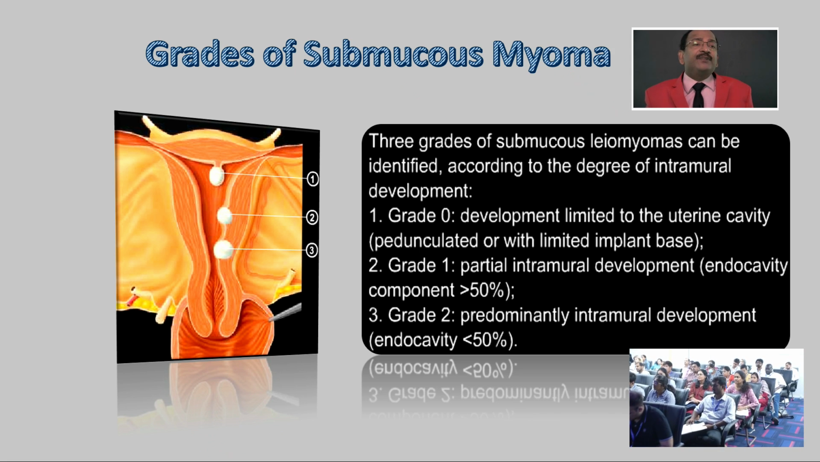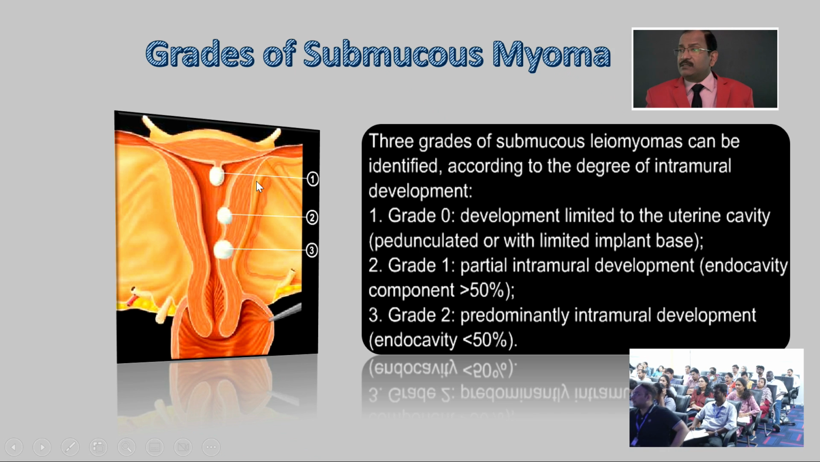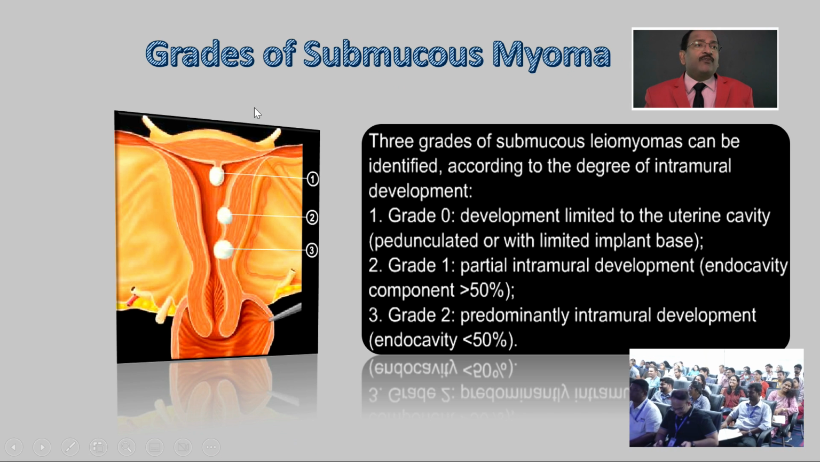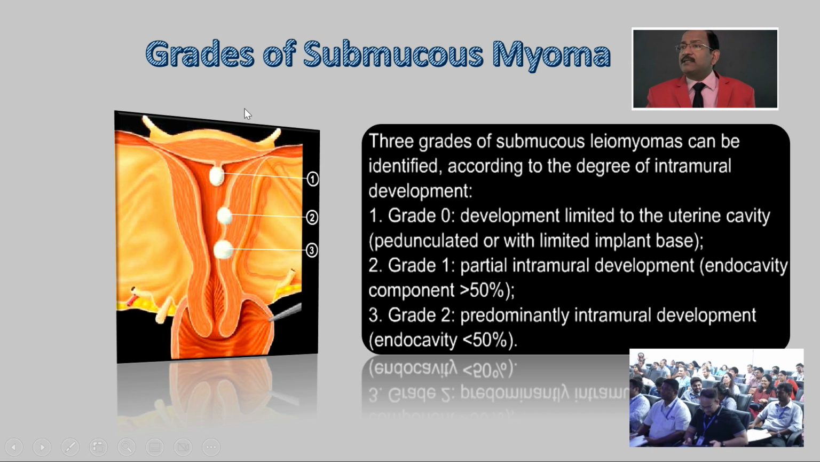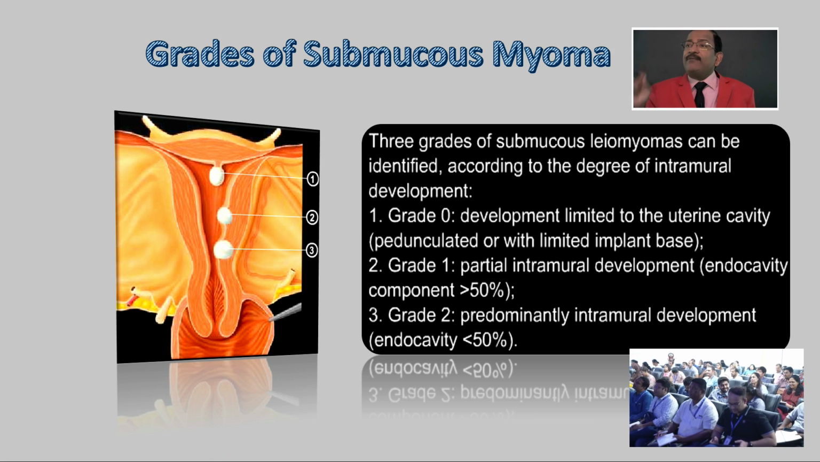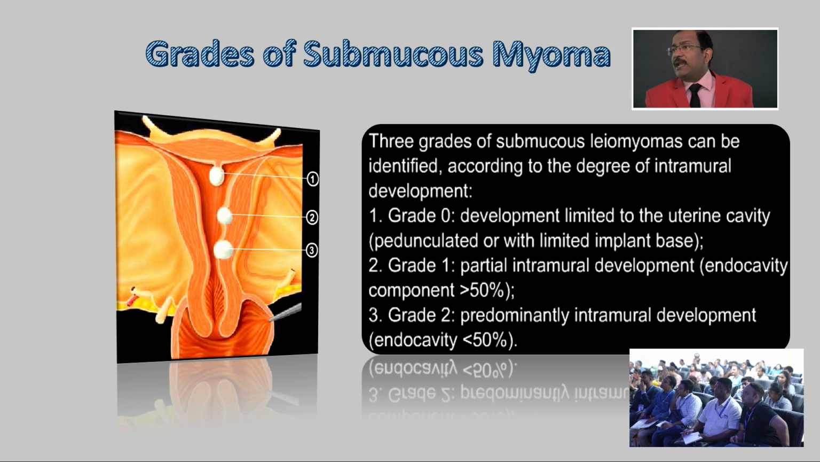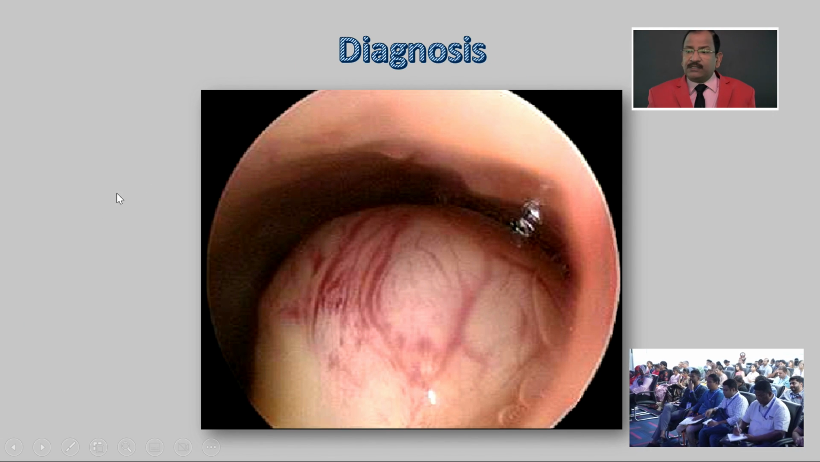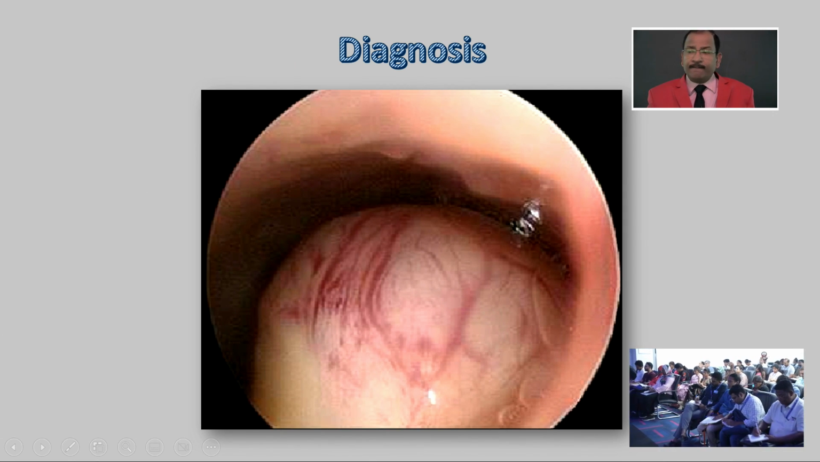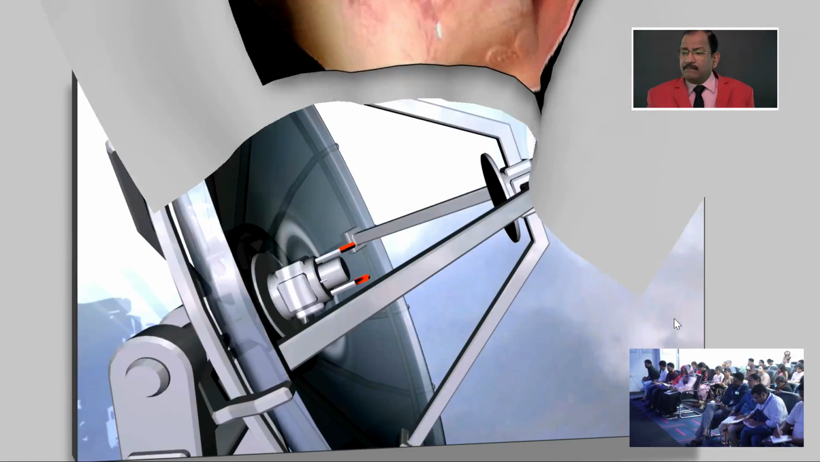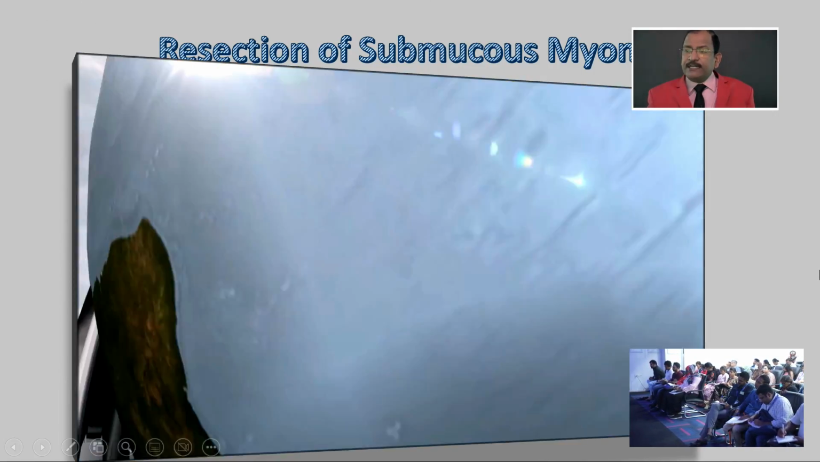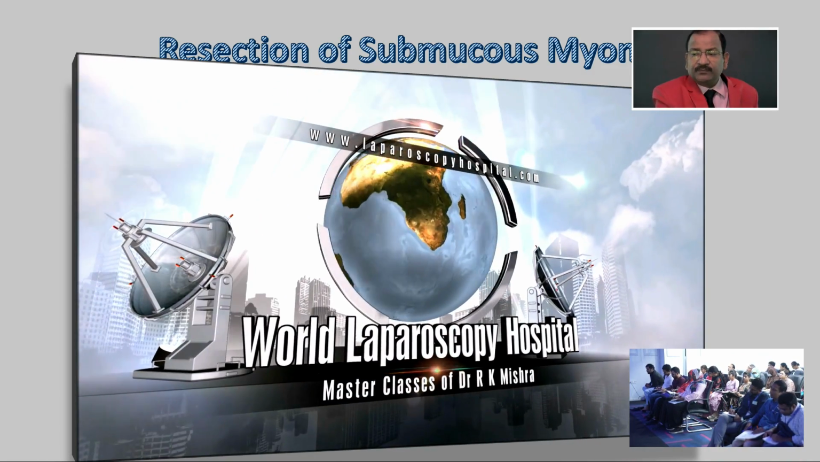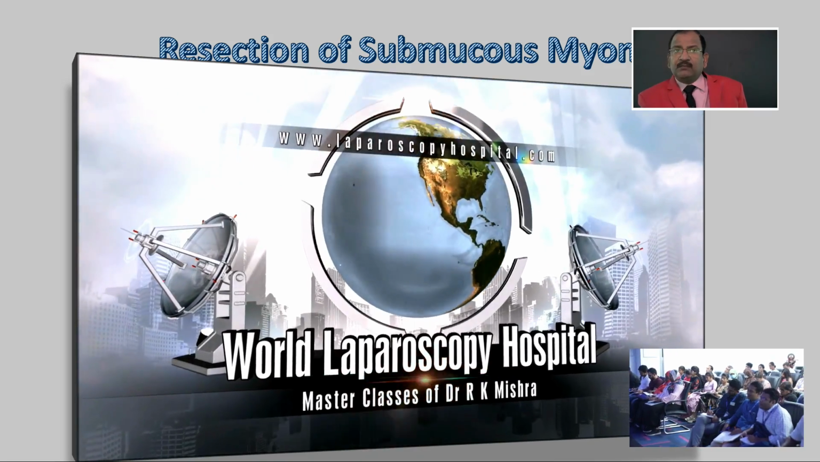Myoma must be differentiated from adenomyosis. Adenomyosis is the worst case to perform by minimal access surgery, because we don't have tactile feedback, and you will land up in a big problem. This is submucous myoma. You will go and resect. It's easy. By loop electrode,